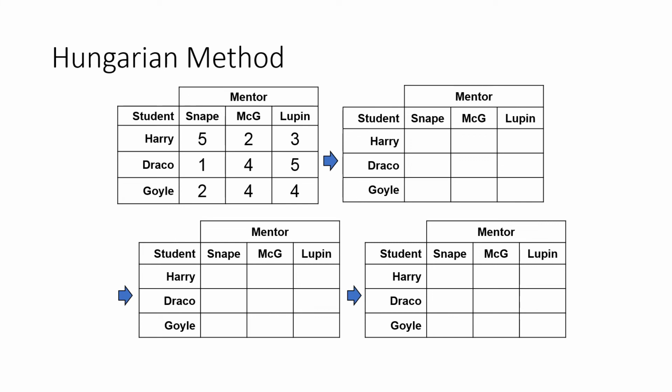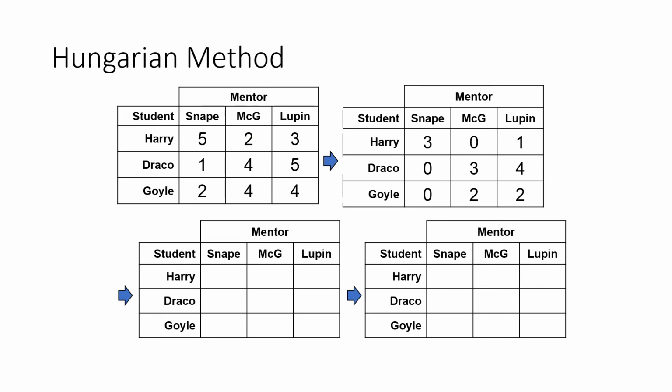So the row minimum here is 2. Here's the row minimum, 2, you subtract 2 from every element in the row. Then the row minimum here is 1, and you subtract 1 from every element in the row here. And the row minimum here is 2, you subtract it from every element in this row. Thus the result is